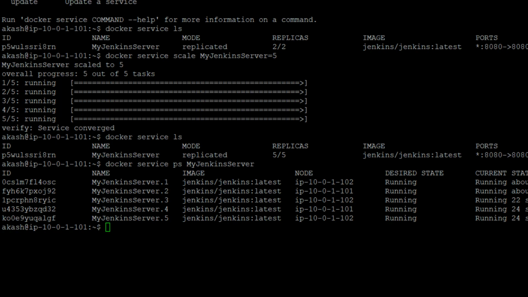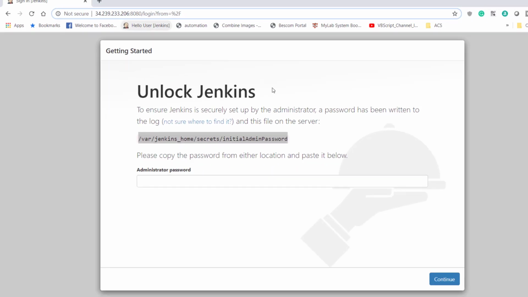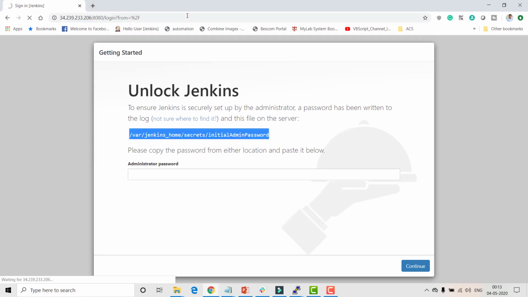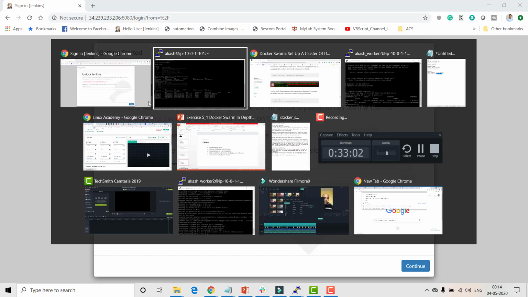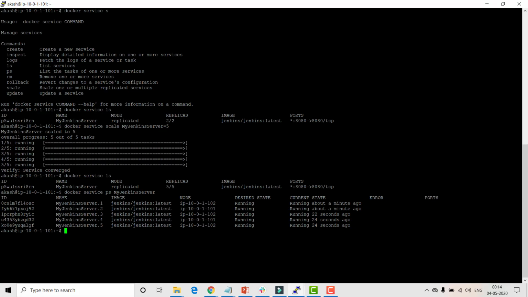And still, if you want to access your application, you can go to your master machine and run this particular command, that is your host IP, the master IP, and the port which you have exposed, and that's all. You can see that your application is still accessible on the master machine. So that's the main advantage of using load balancing, high availability, and scaling the number of containers. All of these things you can do with docker swarm. This is a perfect example of docker container orchestration.